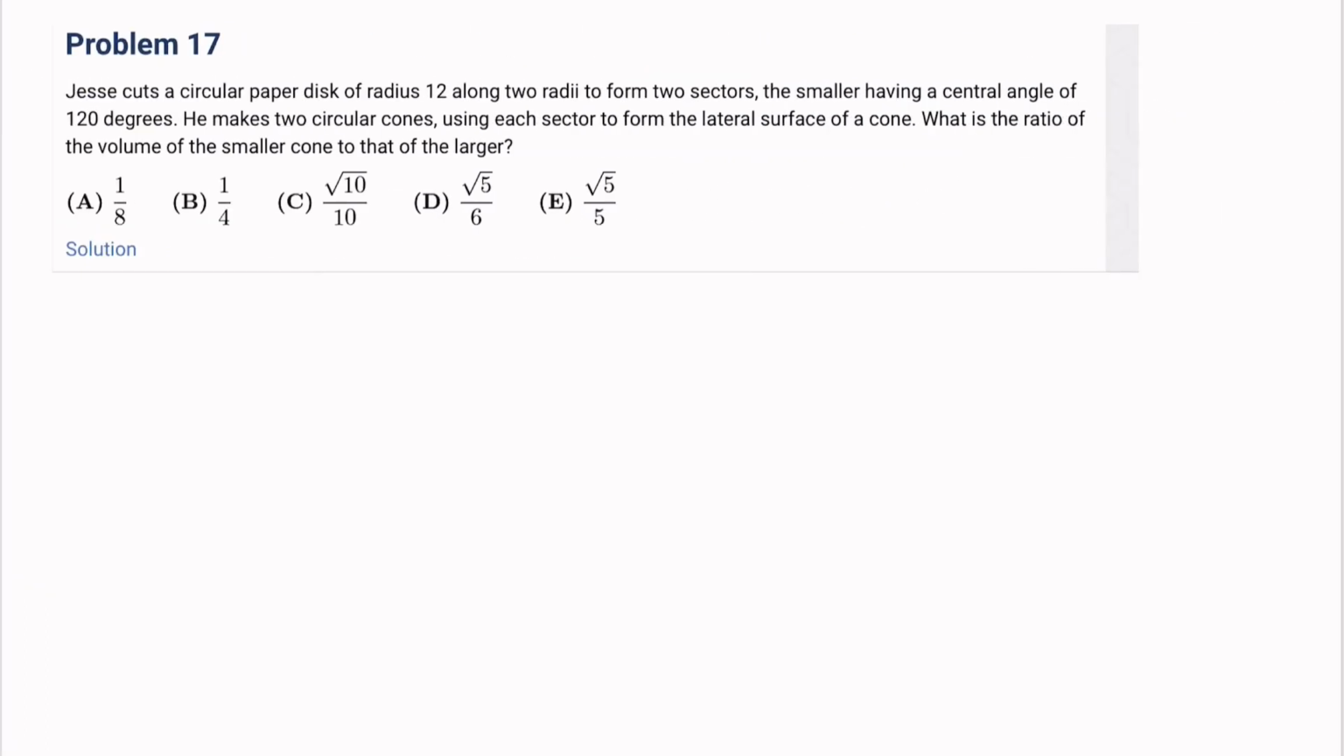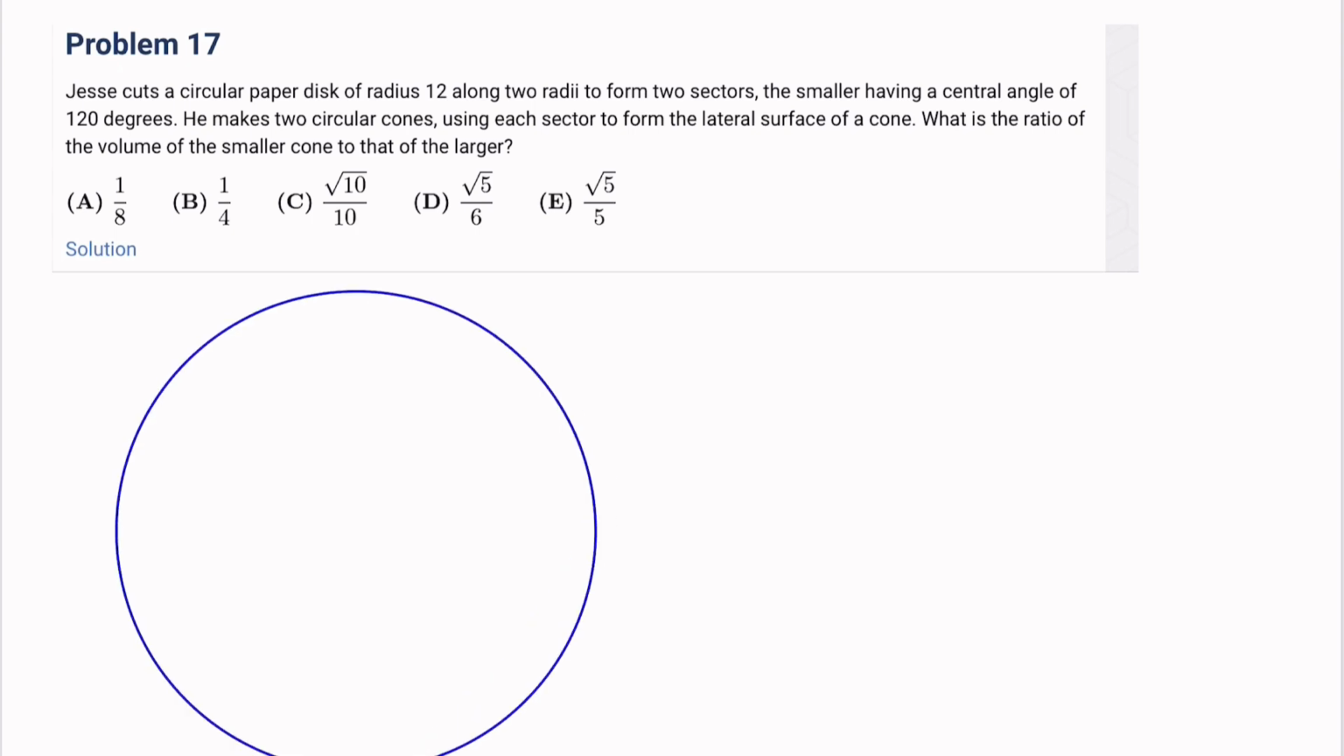Number 17. Jesse cuts a circular paper disc of radius 12 along 2 radii to form 2 sectors, the smaller having a central angle of 120 degrees. He makes 2 circular cones, using each sector to form the lateral surface of a cone. What is the ratio of the volume of the smaller cone to that of the larger? So